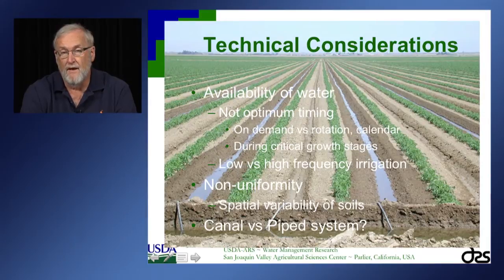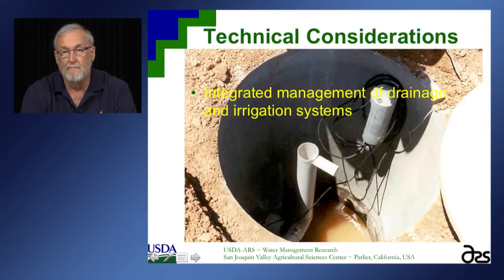So you have quite a bit of flexibility in terms of the irrigation systems that you can use and how you manage those. A canal system is more typical of most irrigation districts, and there you have a lot bigger issues in terms of being able to get water when you need it and in the quantities you need it. I mean, it's quite a bit harder to get it on demand, and it to some extent will limit the type of irrigation systems that you can select.